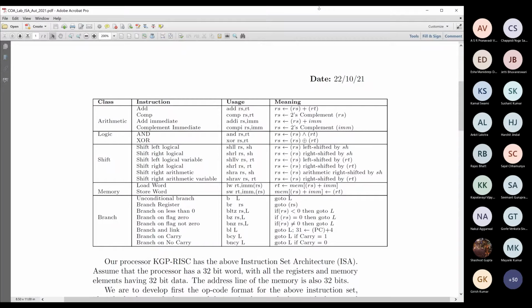Then notice the branch instructions. There is a branch and link instruction. The branch and link instruction you have seen. Basically, it is similar to the jump and link JAL instruction. So it performs two operations. One is it updates the 31. I think by this it means that register number 31 is the register where the return address is stored. So that is one hint that has been given.